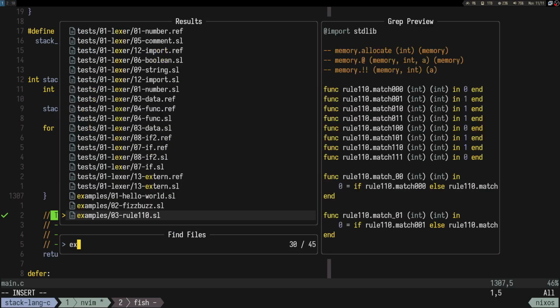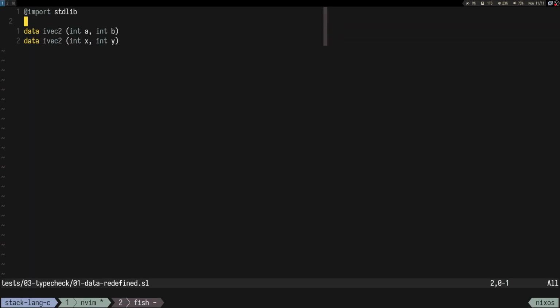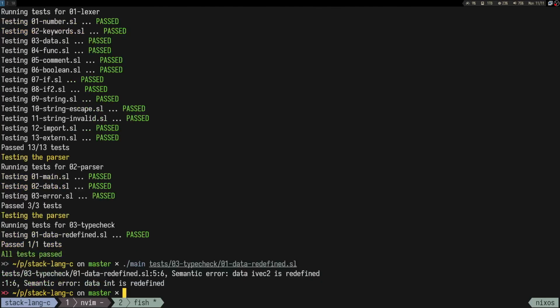I mean, you could even say data int something, I don't know, something x, and it would still catch it, right? Data int is redefined. But okay, this one